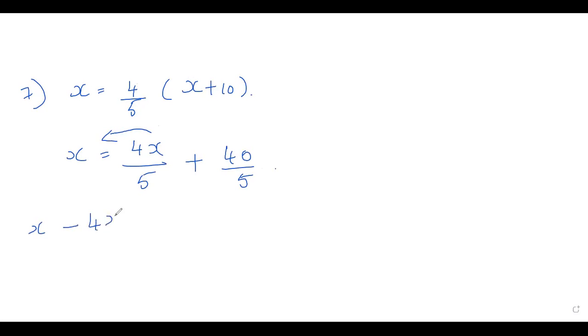X minus 4x by 5 is equal to, when you have a fraction form like this, there is a plus between the terms, children. Okay, one more thing, since this is a rational number you have to transpose it as it is. You should not put 4 in the denominator and 5 in the numerator. For example, if there is 4x by 5 and some other term is not there,